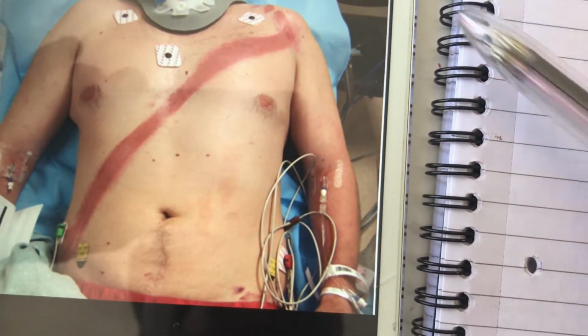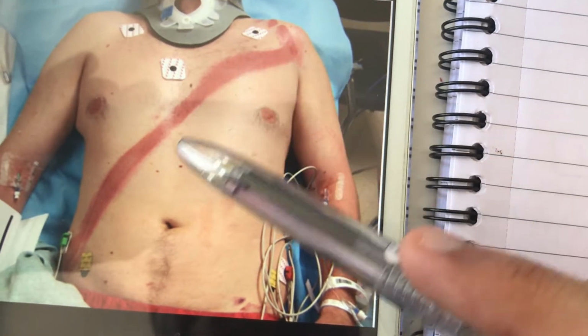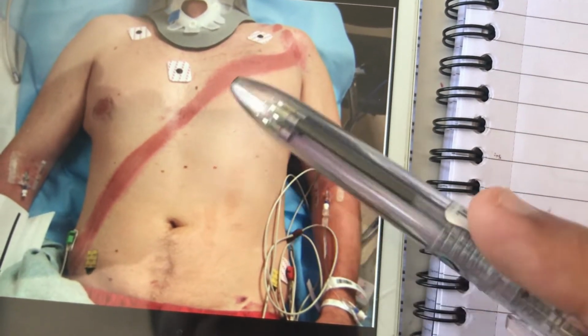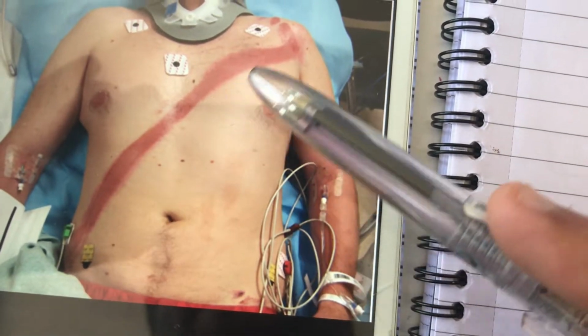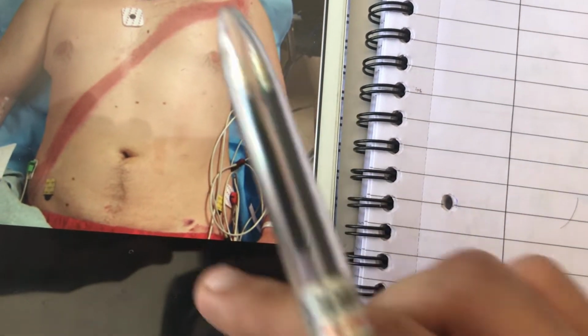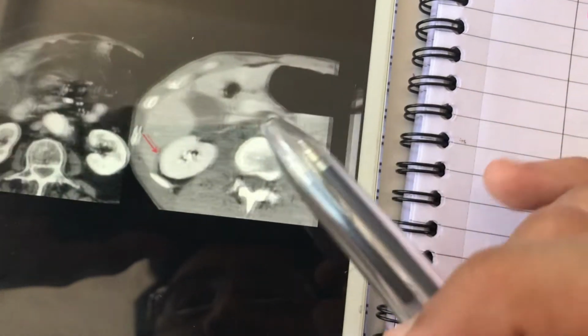You see that it's coming obliquely, and other than the abdominal injury, you will also see some neck injury, some chest injury, and then the abdominal injury. So this is the whole bruise of your seatbelt. All right. So if you see this sign, definitely, and on the CT scan you will also see some blood